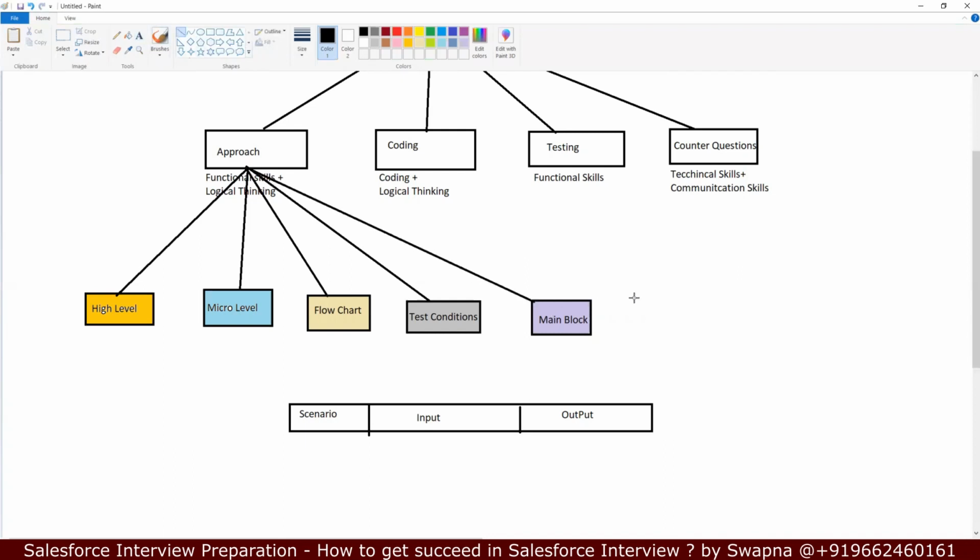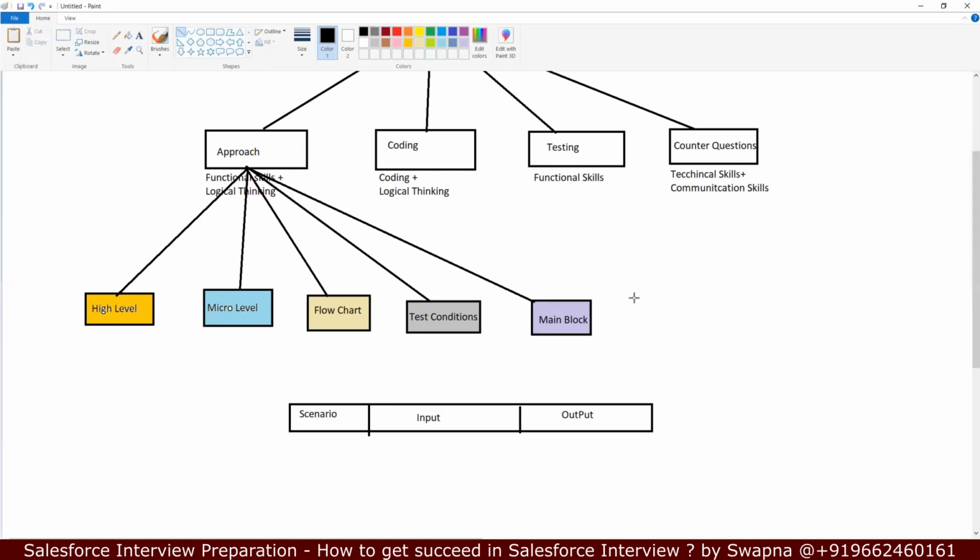Is the class with sharing or without sharing? And should this class be global, public or private? And what methods are required in order to implement this business requirement? And inside this method, what objects do I need to call, how many SOQL queries do I need to write, and what variables do I need to declare? Is it a public variable, a private variable, or a flag or integer? What details do I need? Do I need to define any collection? So write all those things.